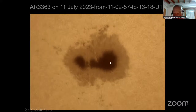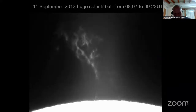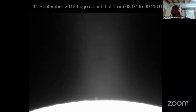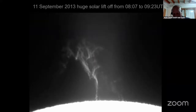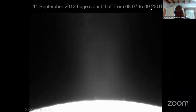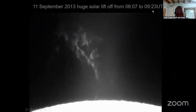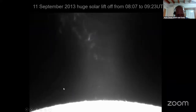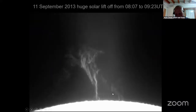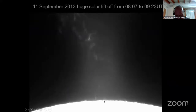So that's in white light. So this next one is a CME, so it was a large prominence that erupted. As you can see from there, I'm imaging for about 1 hour and 15 minutes, and I've overexposed the surface of the sun to brighten the prominence, but you can also see the spicules along the surface as